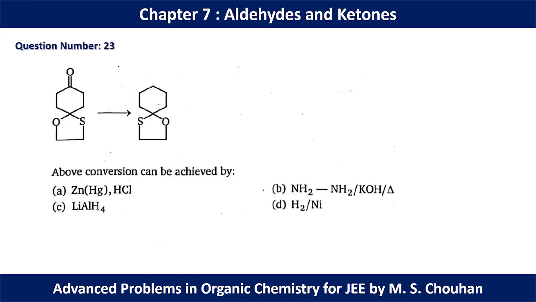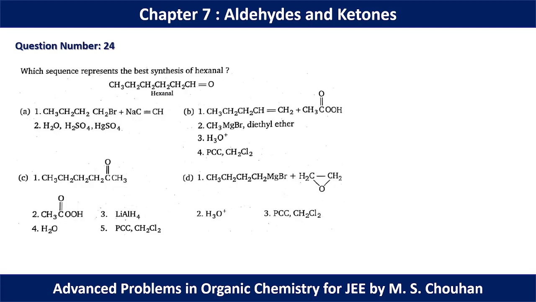In question number 23, we have one masked situation here, and the masking is present in the final molecule also. As we know, in the acidic medium the masking will be removed and it will be demasked. So the medium for this type of reduction should be basic in nature. As we know, Wolff-Kishner reduction, NH2NH2, KOH, heat, is a basic medium reaction. So in question number 23, option B should be the correct option.